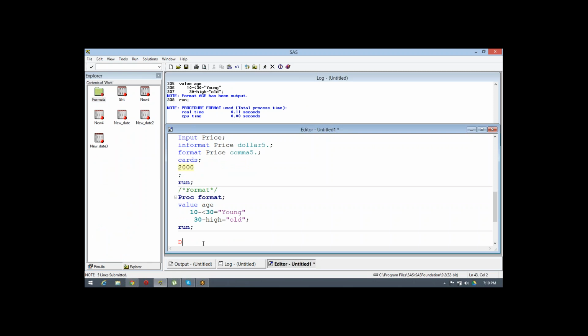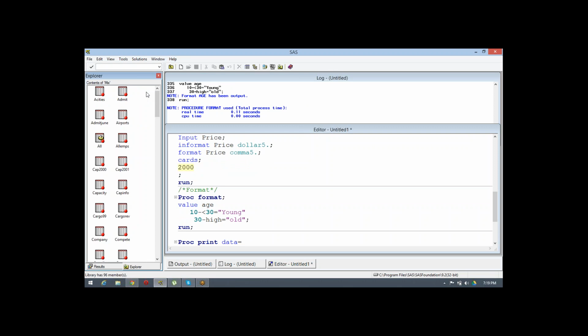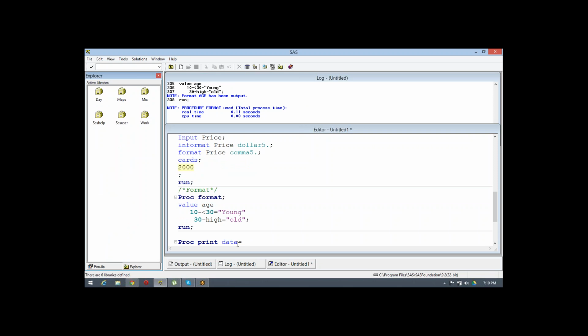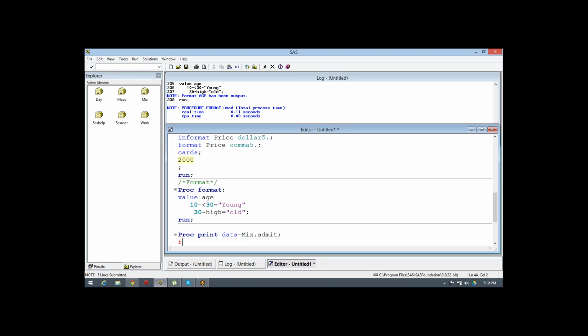So let's suppose proc print data is equal to mix dot admit, format of age or age dot.